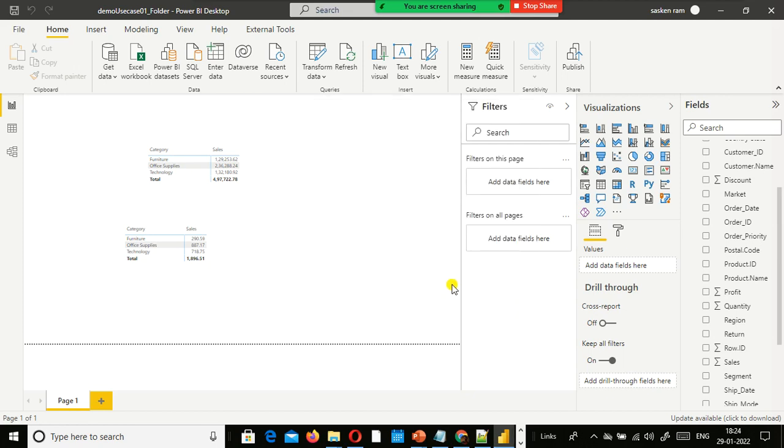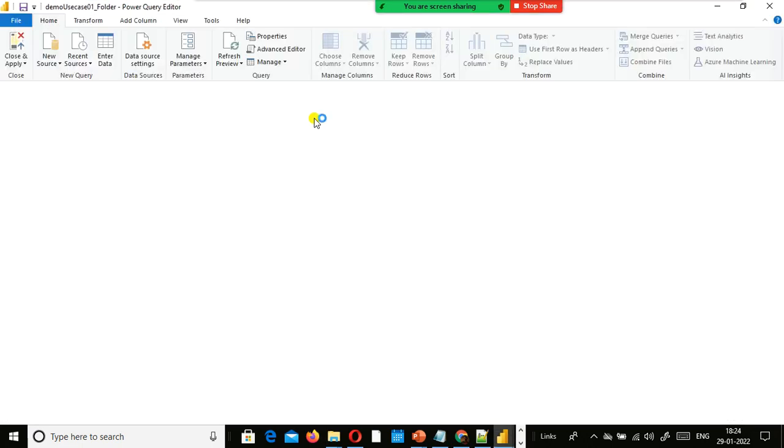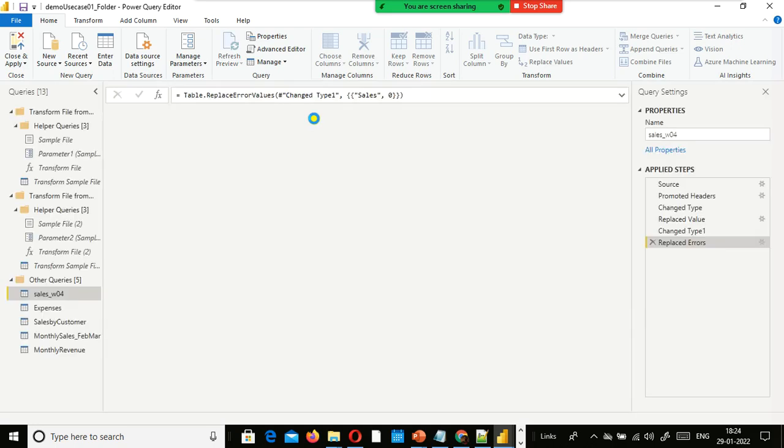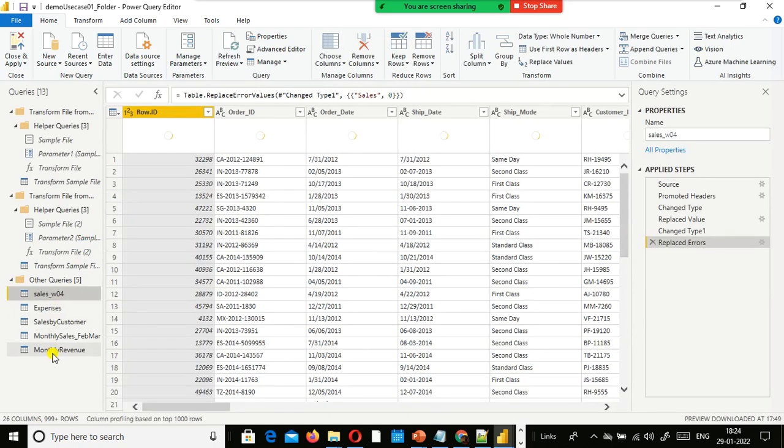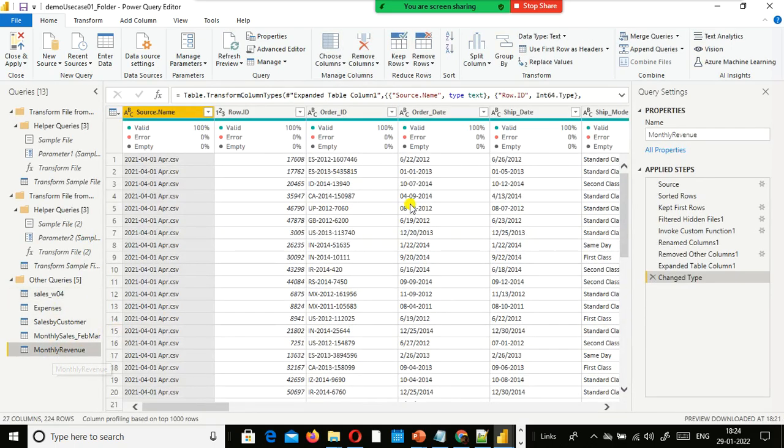To validate whether this visual is picking up from the March month file only, we go to Transform data, the query editor. Select the relevant query, which is Monthly revenue.